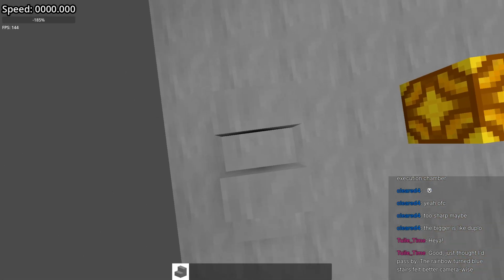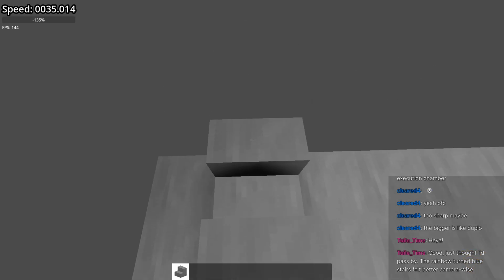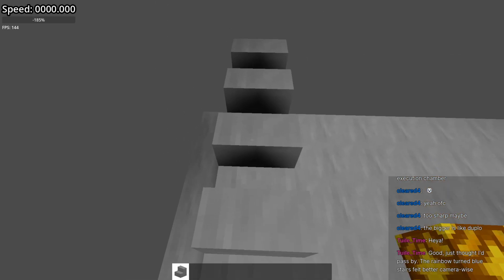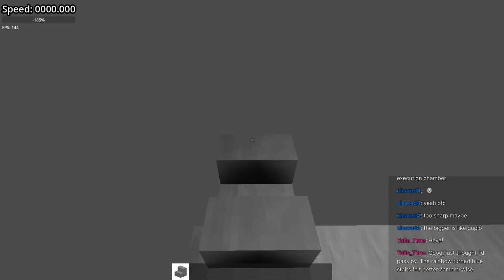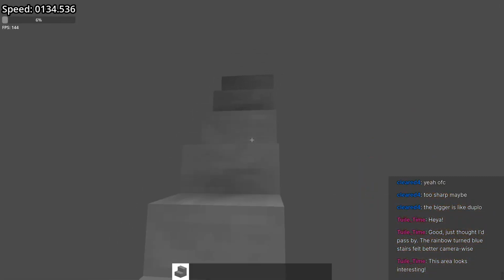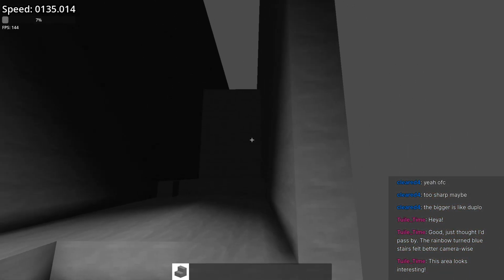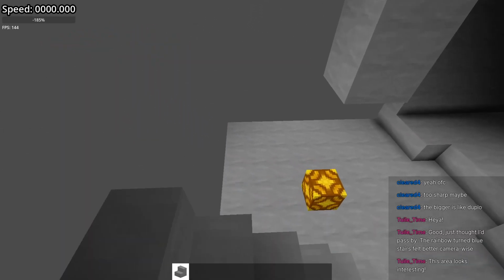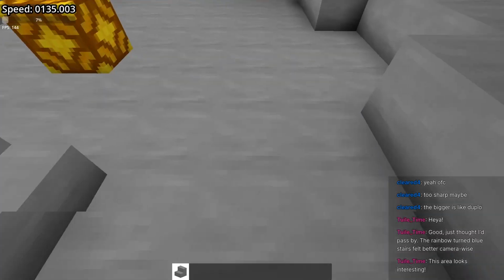Why is this so... The movement is so bad in this. It's like I'm on ice skates or something. Anyway, but you can see that it's quite fine. Right? Like if I go up these stairs, you just go up the stairs, and there's no huge jutting of the camera up and down, right?